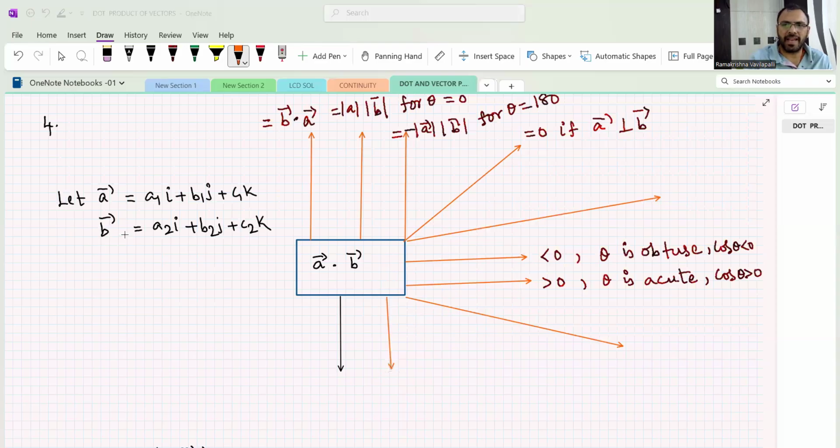So now, how do we write the dot product of two vectors? Let A bar equal A1 i plus B1 j plus C1 k, and B bar equal A2 i plus B2 j plus C2 k. Now, what is A bar dot B bar? So now we write that A bar dot B bar equals